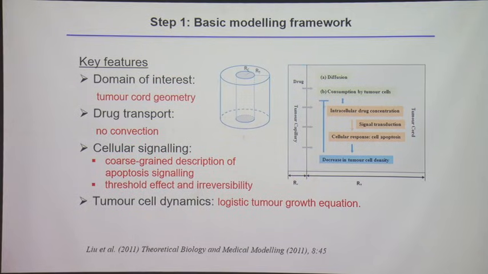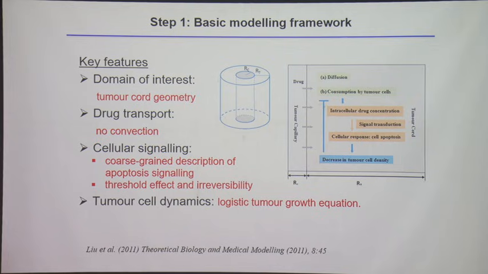but without going too much into the systems biology side. The model is still very familiar: a tumor cord model with a vessel inside, with tumor tissue outside. So this is when you decide the modeling strategy, you have to make up your mind about what the focus is, what questions you are trying to address. And here we wanted to see how the systems biology cell signaling would impact the cell survival